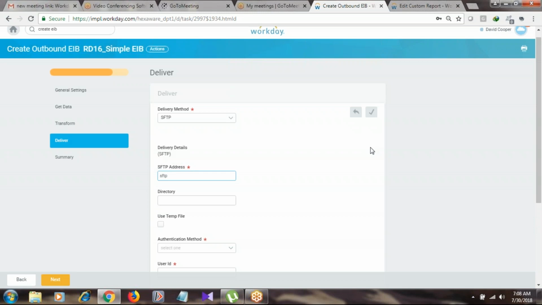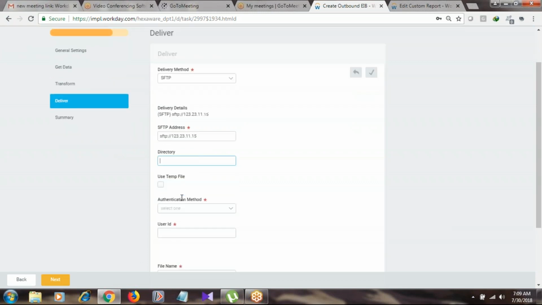Let's say I'm giving some dummy name here just to configure this. SFTP colon, I'm giving some IP address here. This is the IP address of the vendor I want to send the file to. Suppose you want to send this output file to Fidelity or ADP or MetLife, then that company's IP address we need to provide here. But I do not have any sample IP address, I'm just giving a dummy. It will not deliver the files to this IP address because it's not a valid IP, so just to configure this, I'm giving a dummy.